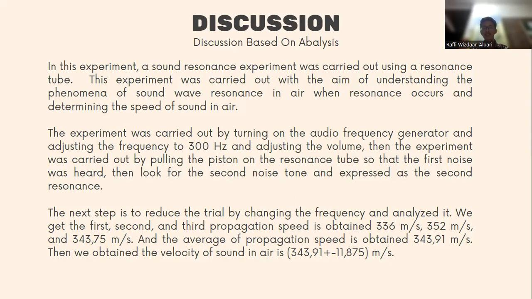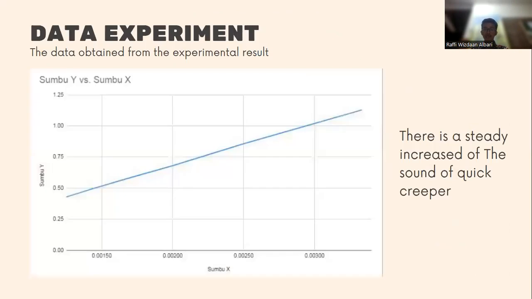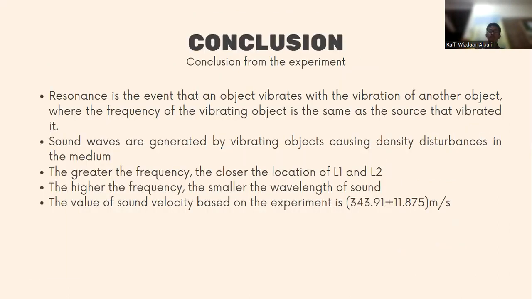We get the first, second, and third velocities of 336 meters per second, 352 meters per second, and 343.75 meters per second. And the average velocity is 343.91 meters per second. From that, we obtained the velocity of sound in air of 343.91 plus minus 11.875 meters per second. And the conclusions from the experiment are, first, resonance is